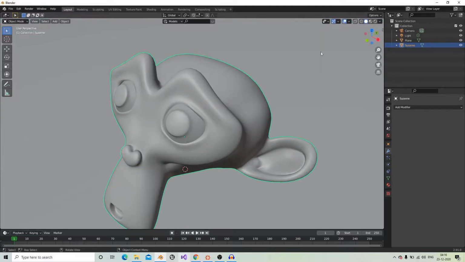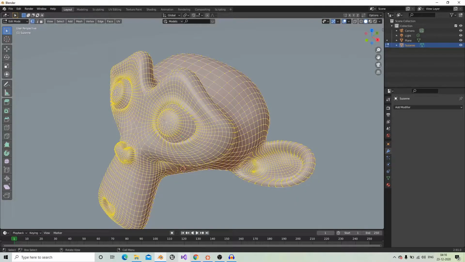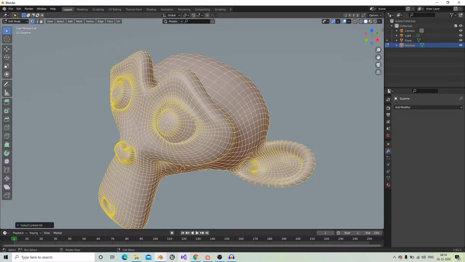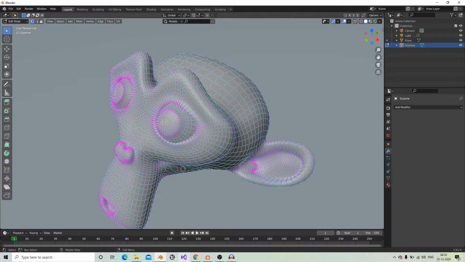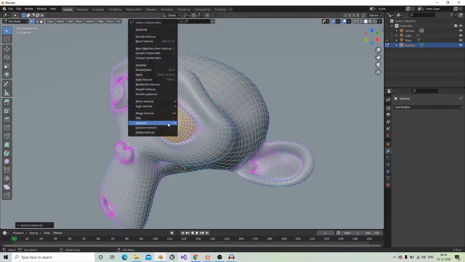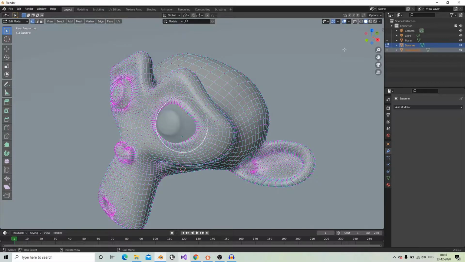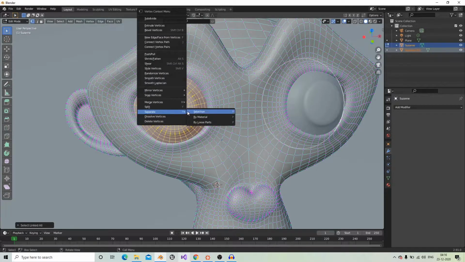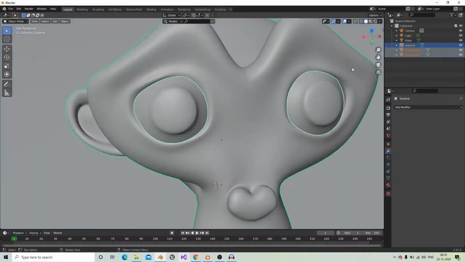Now go to the edit mode and separate the eyes by using Ctrl+L. Sorry. First select the vertex of the first eye and use Ctrl+L and go to separate selection. Now do that again with another eye, separate selection. Now select the monkey,